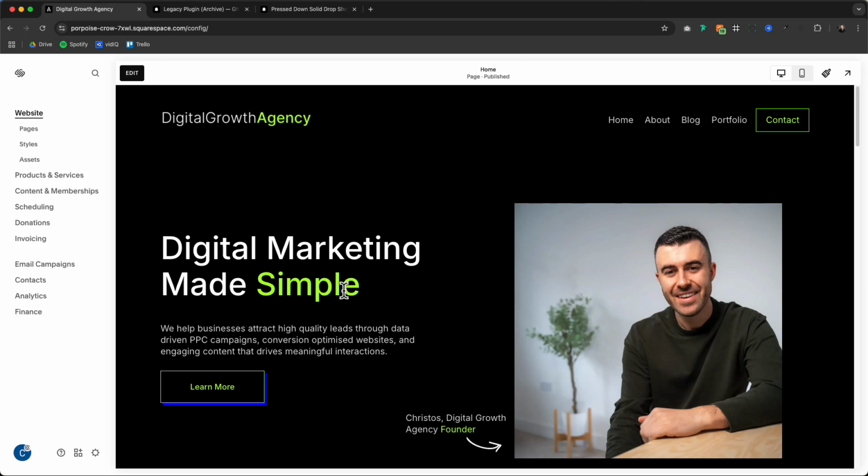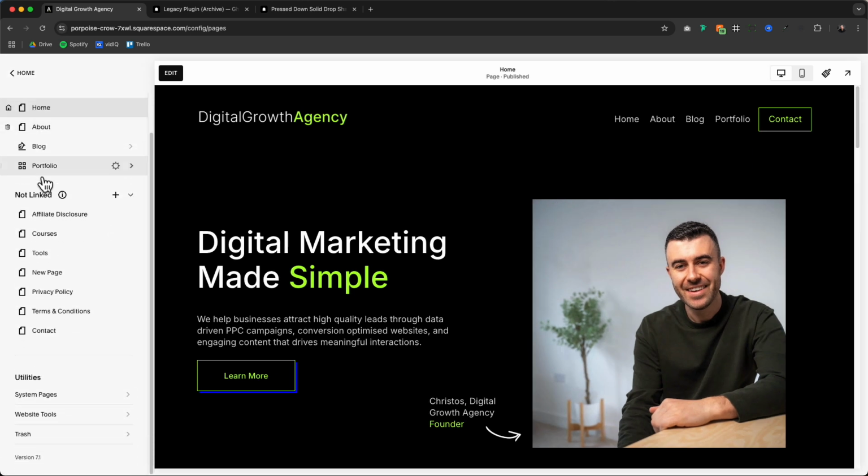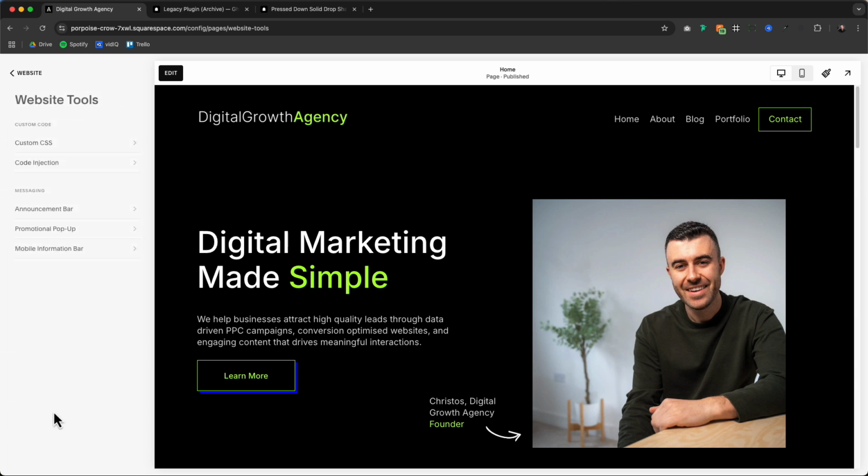You can do many things with custom CSS. You'll have to just Google some of the ways that you can do it, but to actually be able to get the custom CSS menu and edit some things, I'll show you exactly how to do that. What you need to do is go over to the left hand side of your menu system right here and click where it says Pages. From here, you scroll down to where it says Website Tools, and then you will see the Custom CSS menu